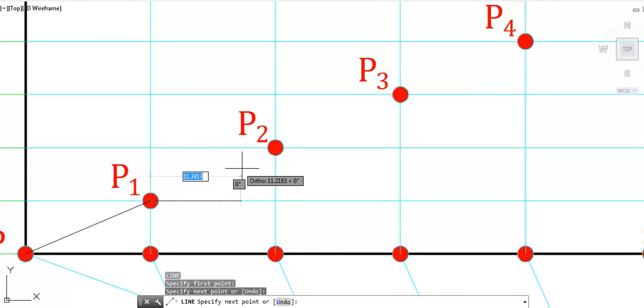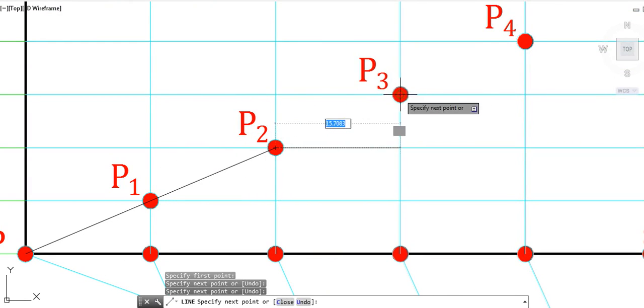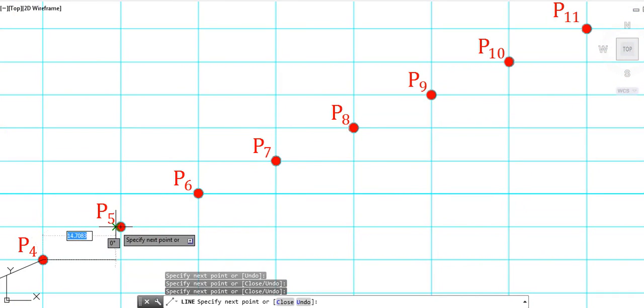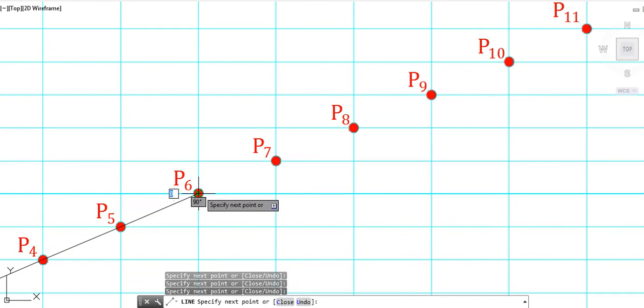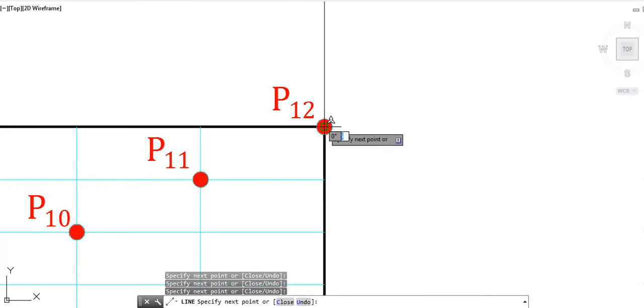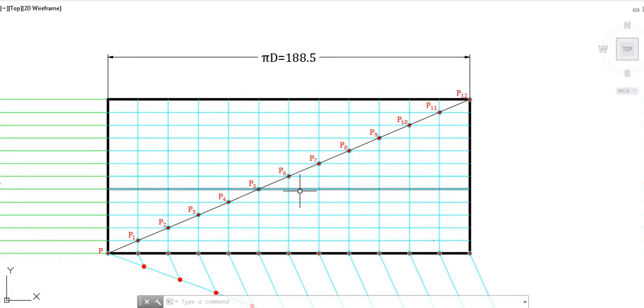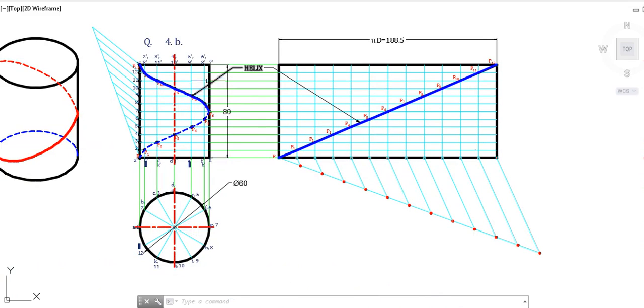If at all we try to join them using different segments, it will be seen that it's a continuous line that they are falling under, and hence this completes the problem of helix. The only thing is we have to make this line dark, and we have to draw it using the H pencil. So as we can see, at the end, for the annotation and nomenclature, I have given the height, the diameter, of course the pi d, and at the end you have to give the name to the curve, which is the helix. So that is where the problem gets completed.